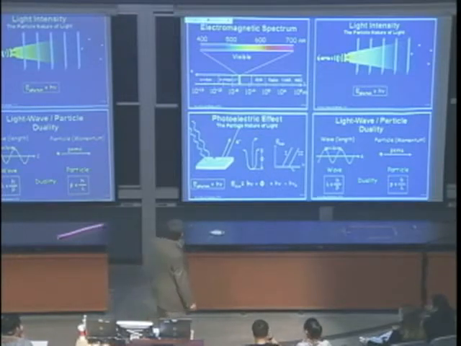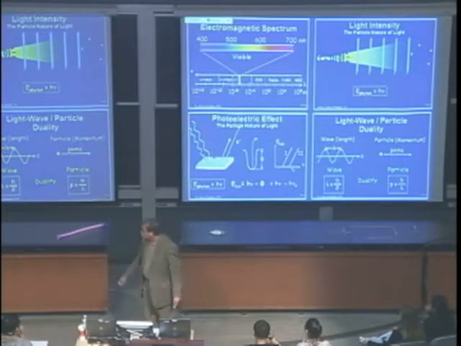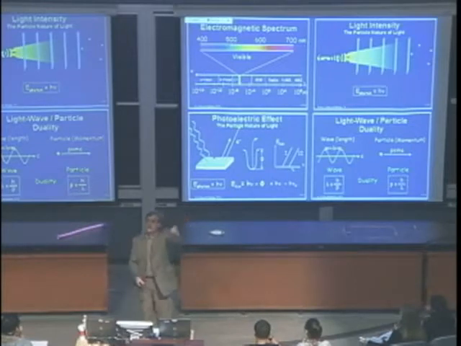So you can do the same thing with blue light, which has a higher energy, and with this, the kinetic energy of that electron will be larger. Okay, because you need only a certain energy to dislodge it, and the rest of the energy is transferred as kinetic energy.